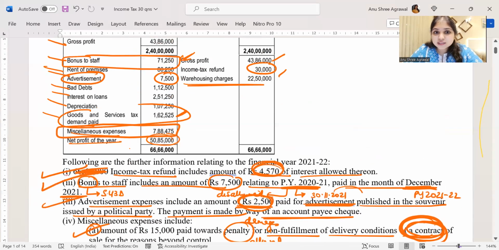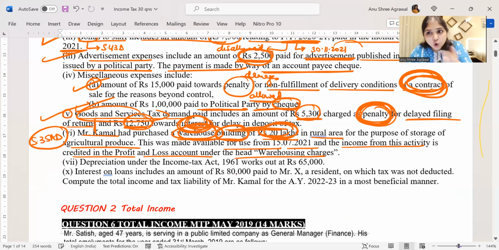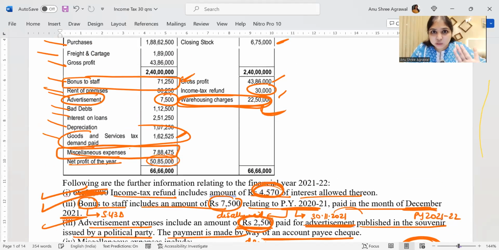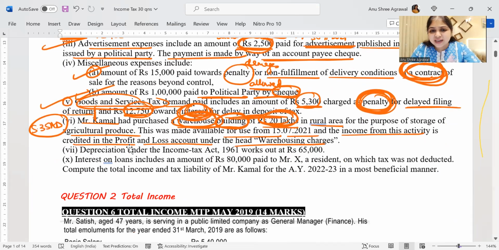And one more thing, if you notice, what is your warehousing charges income? 22,50,000. Are you getting a loss because of 35AD? You're not. Had there been a loss from specified business, you would have adjusted it only against income from specified business, and all those complications would have started arising. But here, from the warehousing business you have 22,50,000 income, and only 20 lakh you're spending on the warehouse building, which is within the 22,50,000. So there is no loss in the specified business, and this 20 lakhs you can allow.